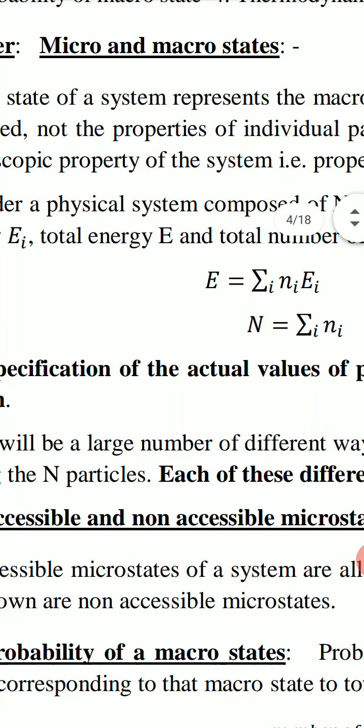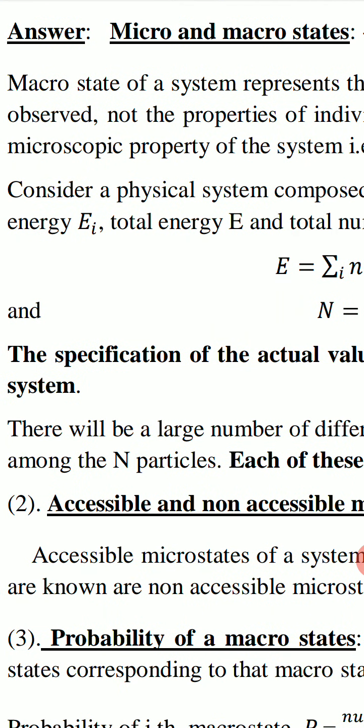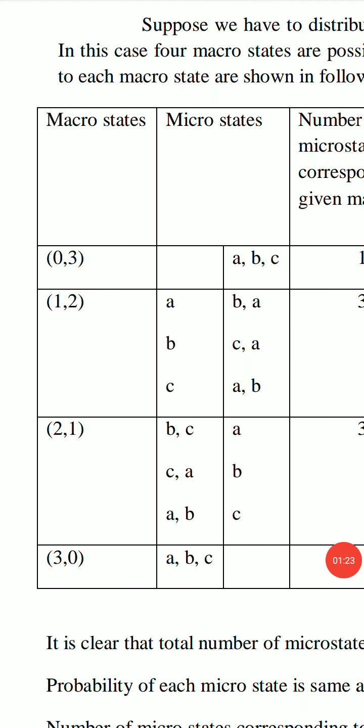So macrostate is one which represents macroscopic properties of the system, and microstate is one which represents microscopic properties of the system. In microstate, we describe about its particles. For example, if we consider the distribution of 3 particles in 2 similar boxes,